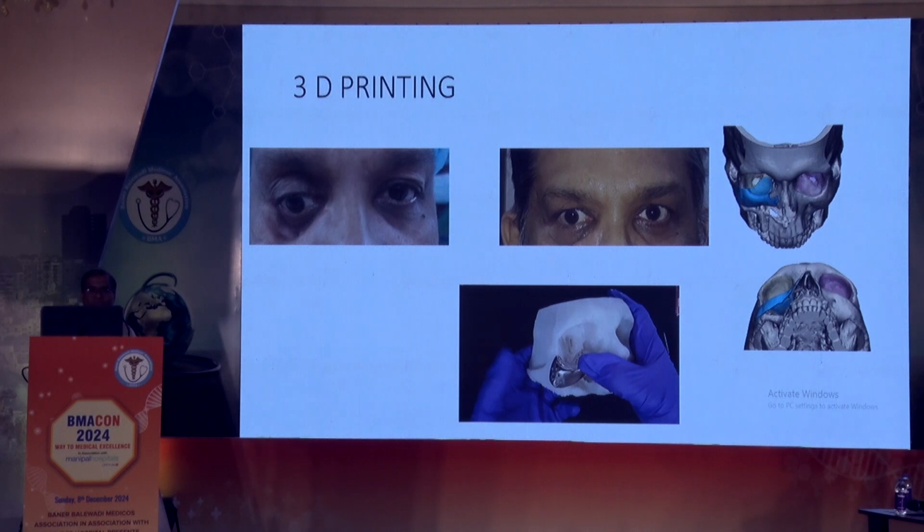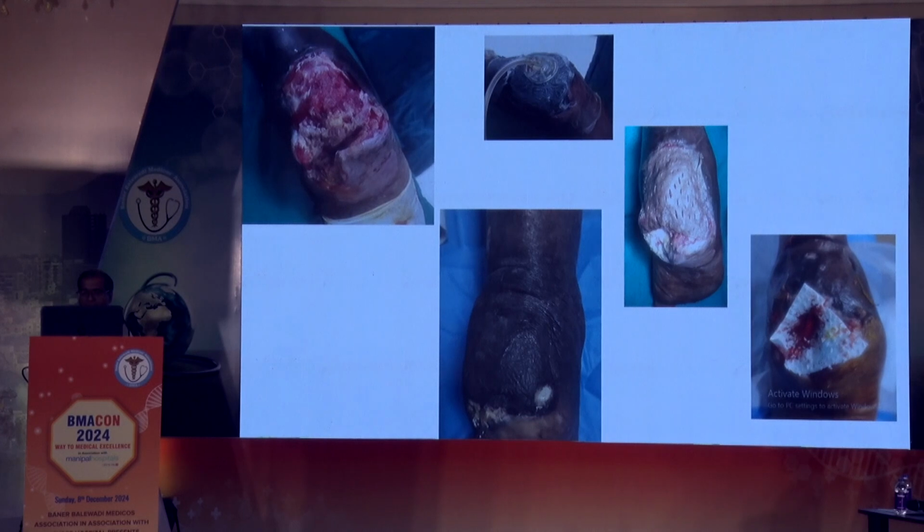Another method for wound management, like contour management, is 3D printing. We have seen what Muker has done. So after maxillectomy, we have seen a lot of deformities leading to diplopia and other cosmetic problems. So now we can actually design the implant so as to take care of volume precisely. This is because of 3D printing technology.